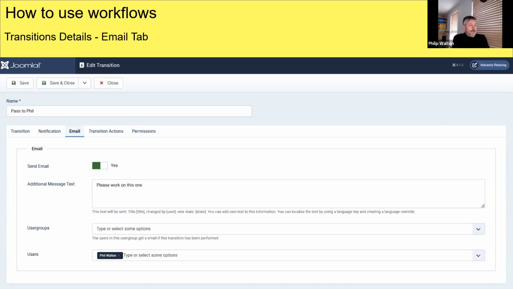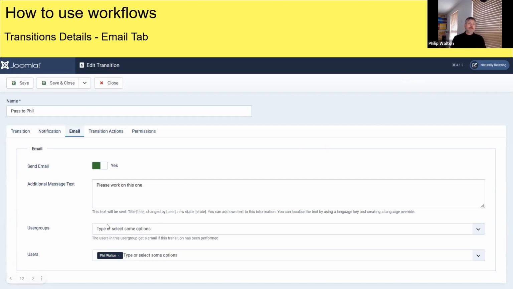I really should have thought about it a bit more, but notification is used in the internal Joomla notification system, whereby you get a little notification at the top when you log in. You've got messages waiting for you. And that was okay, but you see, a lot of my staff haven't got the site open when I'm working on it. So I'll be working on an article, or they'll be working on an article. They'll move the transition, and unless I log into the site, or if they log into the site, they don't know that it's changed and that something's happened. So I really wanted something that would notify and email them and let them know. Hence why I built the email one.